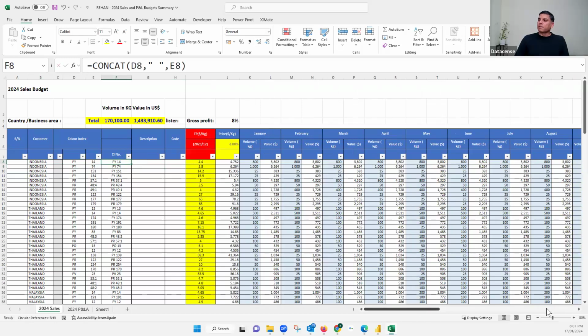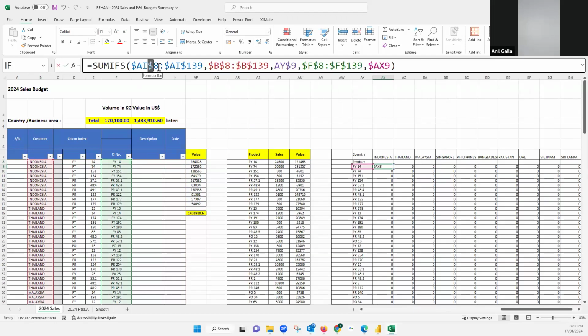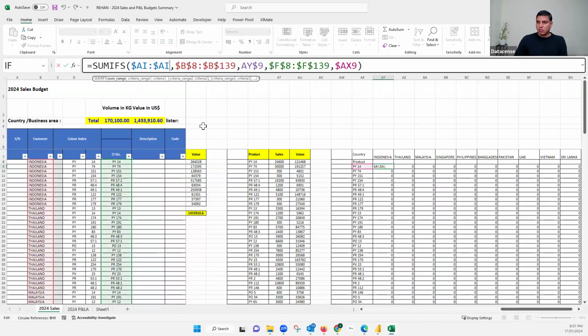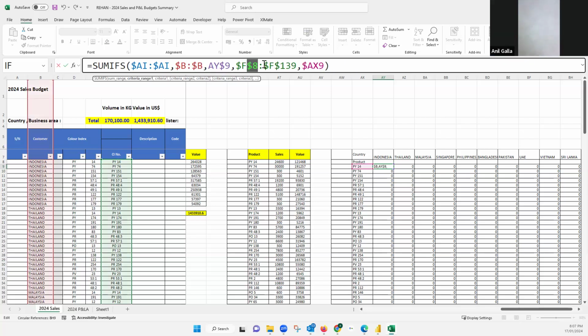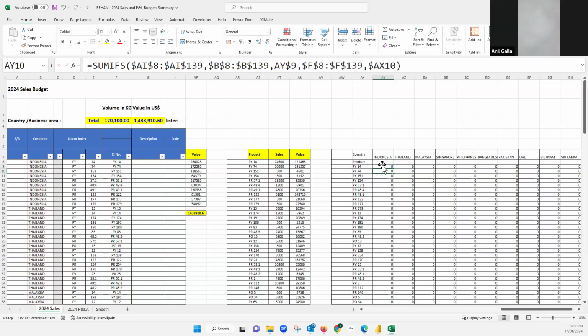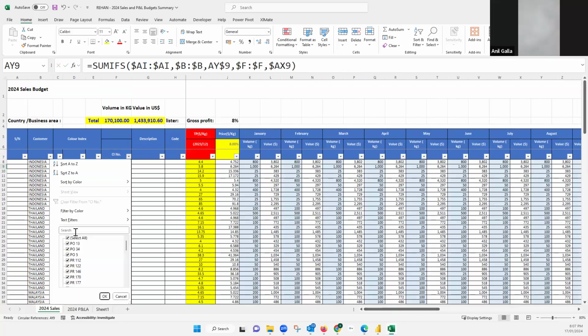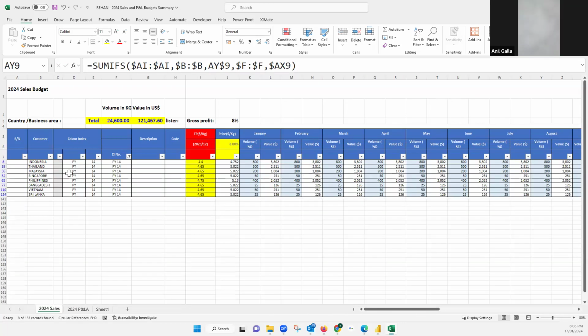Do one thing, make it simple. You are mentioning the range. You can mention the full range. You can mention AI to AI. And B also is full. F we will keep it only F. Still no result. Let's look at the numbers here. PY14, PY, and for Indonesia, it should give us